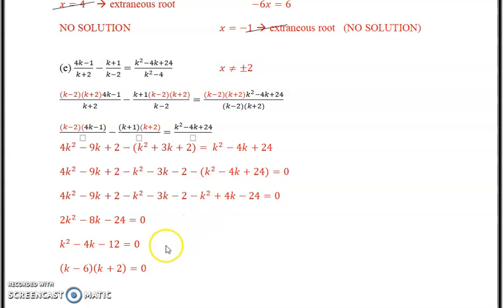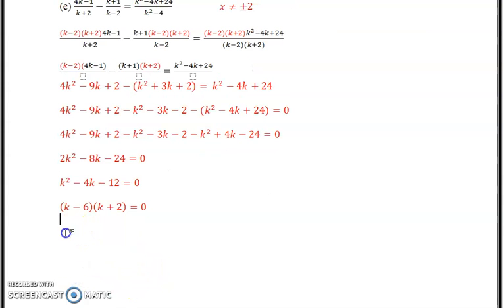Sorry about that. In the last video I just ran out of time, so we're going to finish this off. I divided the trinomial, it's basically a quadratic equation here, by 2, getting k squared minus 4k minus 12 equals 0. Factoring both, I had k minus 6, k plus 2. So that means our values for k are going to be,